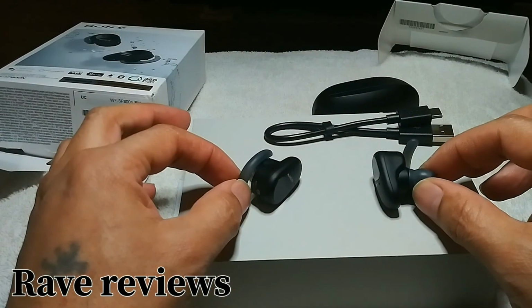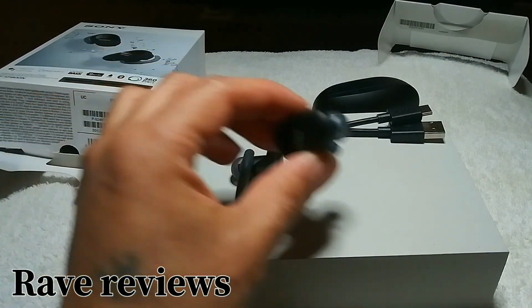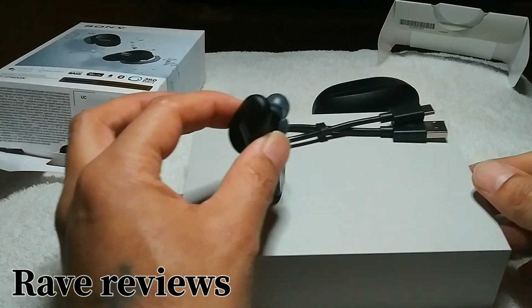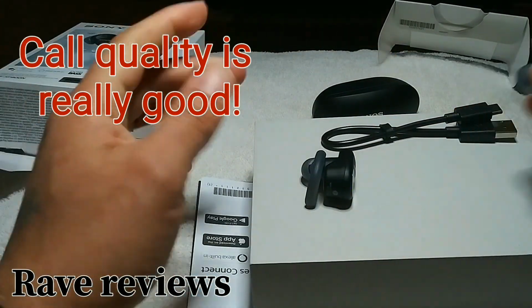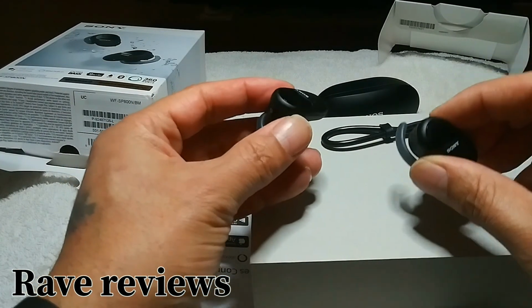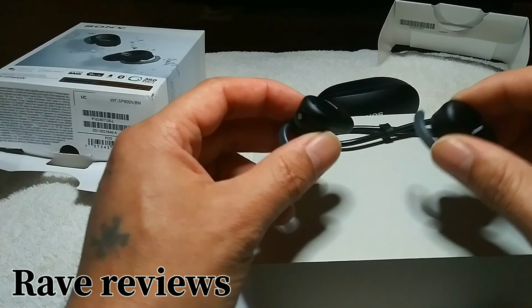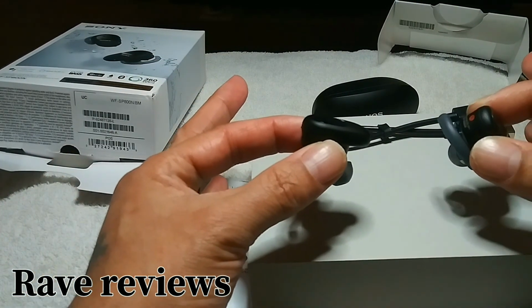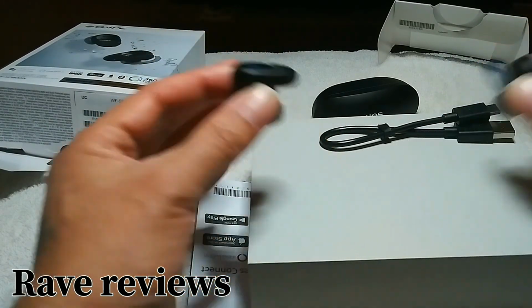When you use these for a call, with a lot of the cheaper earbuds like the Skullcandy Push, the call only came in through the left ear, but with these, I got the call coming through both, and it didn't sound staticky. It sounded just like you were on your phone, if not better. So I've got to say, as far as call quality goes, on the Sony WF-SP800N, why don't they give these a better name? Like, call them the Sony Nexus or something. They always have these long names, like the WF-1000XM3. Anyway,